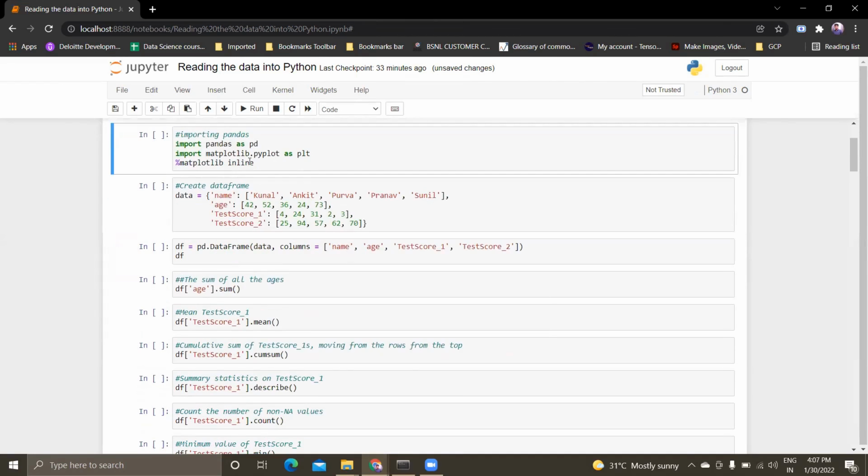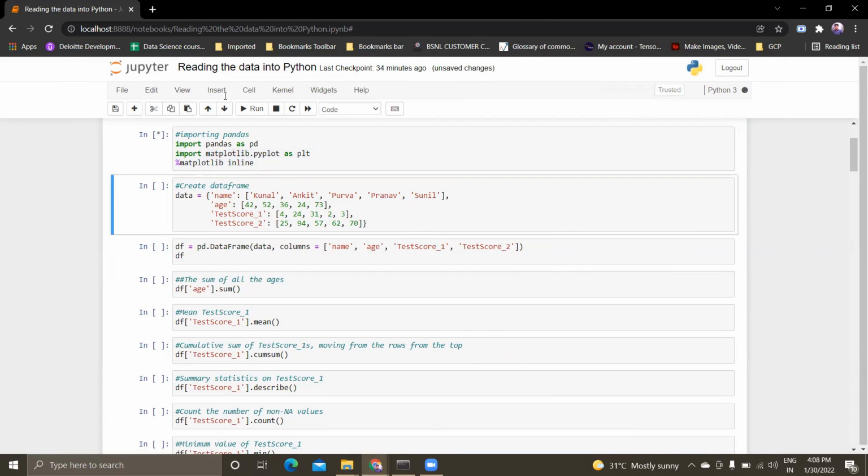So we'll be importing pandas as PD. So import pandas as PD, and import matplotlib, which is a visualization package. We will have a small understanding of the practical implementation of pandas, and then we will go into visualization with matplotlib and seaborn. These are the two visualization packages which are most preferred and most used in Python.